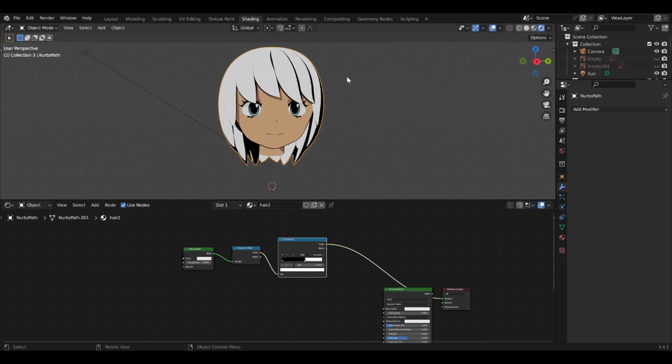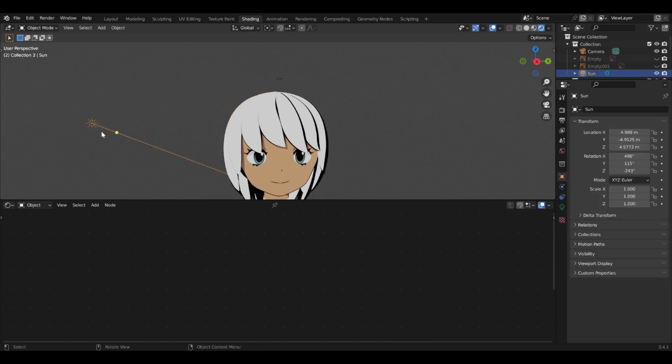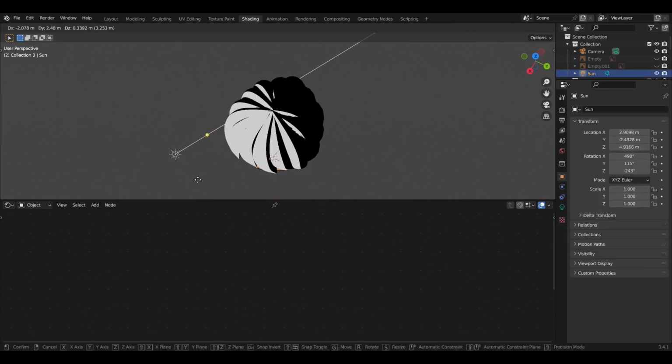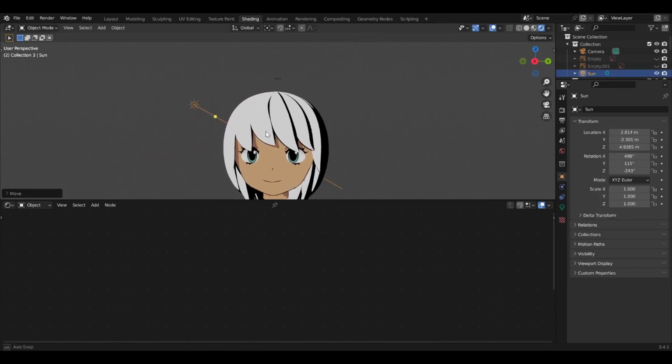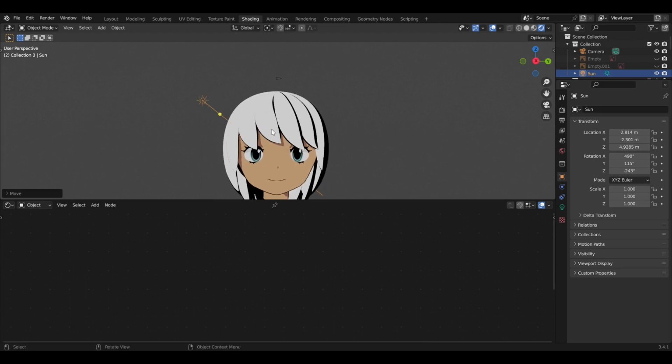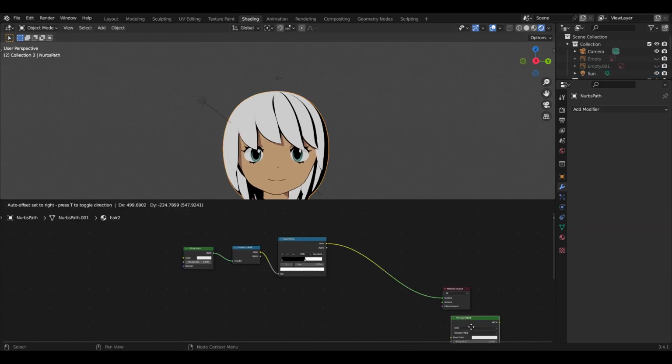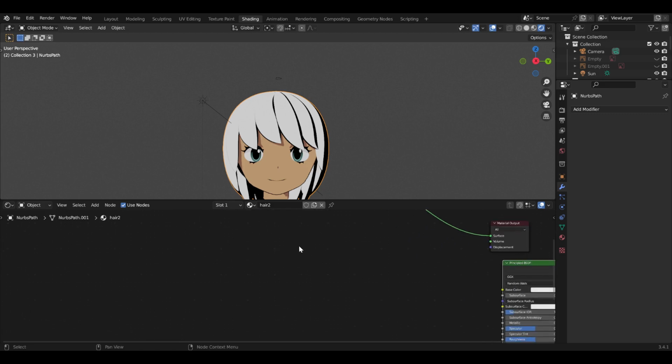I prefer to work in render view in Eevee. In Cycles, this would be bad. It'd be hard. And now we can see how it looks. And what we're going to do now is work on the color. So I'm going to get a noise,